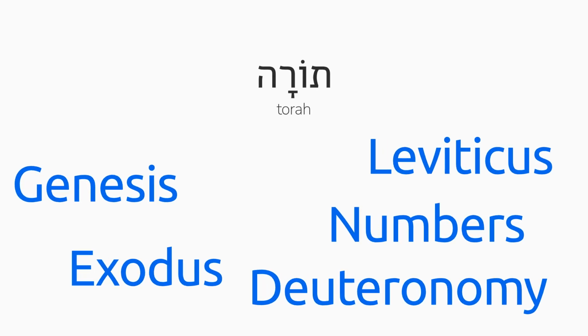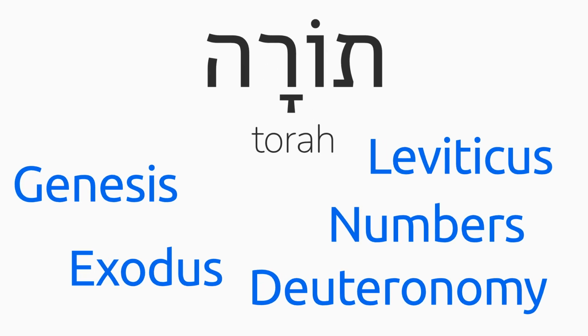Now let's start going over the names of each book in the Tanakh, starting with the 5 books of Moses, which make up the first section, the Torah. In Hebrew, each of these 5 books get their names from the first distinct and important word in the Hebrew text. This word that gives the name is not always the very first word in the book,